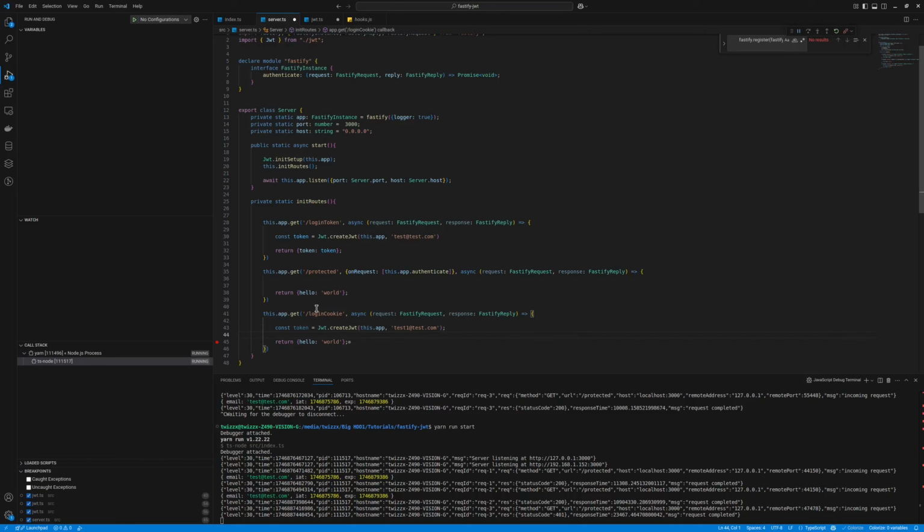So now we have the actual token, and let's now put this token inside our reply or response. This is done by using the set cookie method. I believe this method is added by the plugin, and we can name the cookie my login cookie,